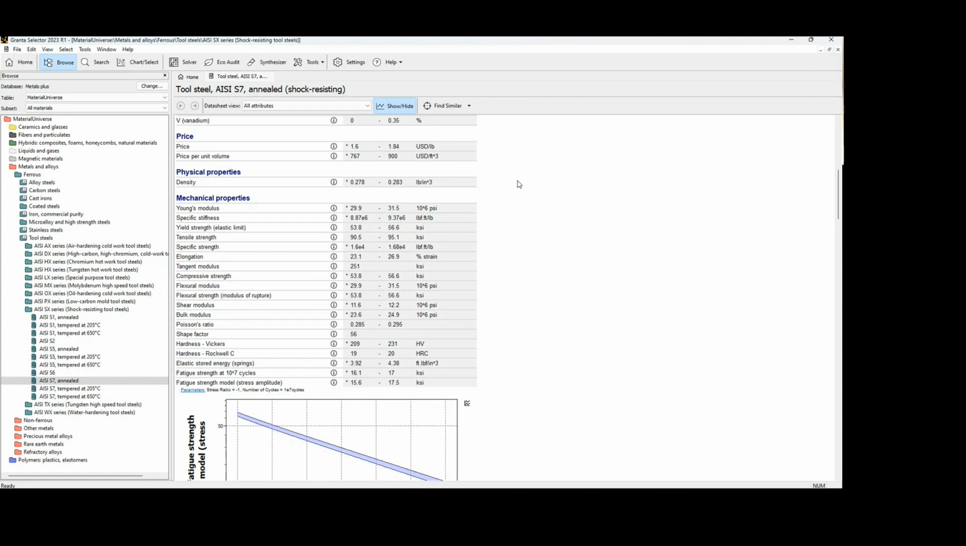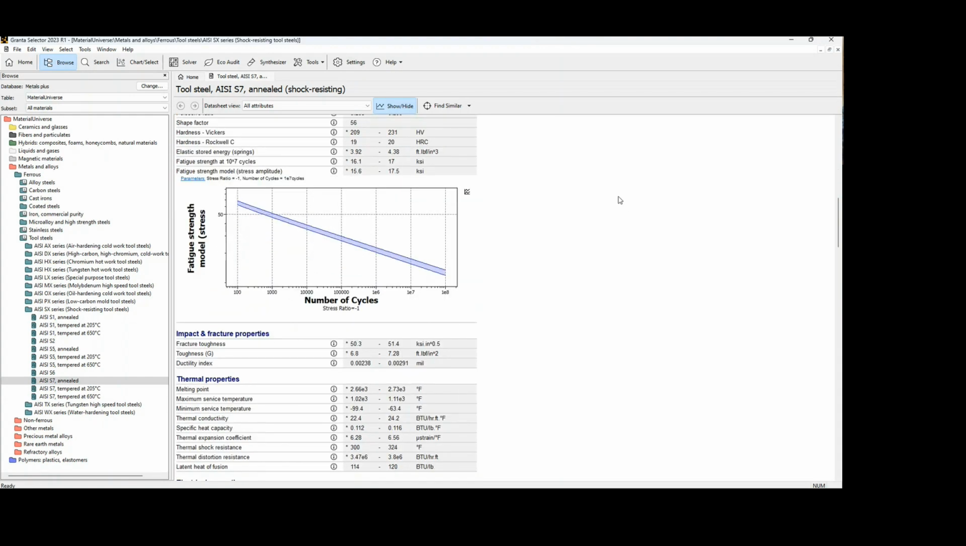So then we go to physical properties, density, and then mechanical properties. So as I said, we have a range. All the details of the mechanical properties are here, including hardness. That you asked for hardness, Vickers, Rockwell. That information is here. I'm going to scroll down, and then sometimes specifically for this